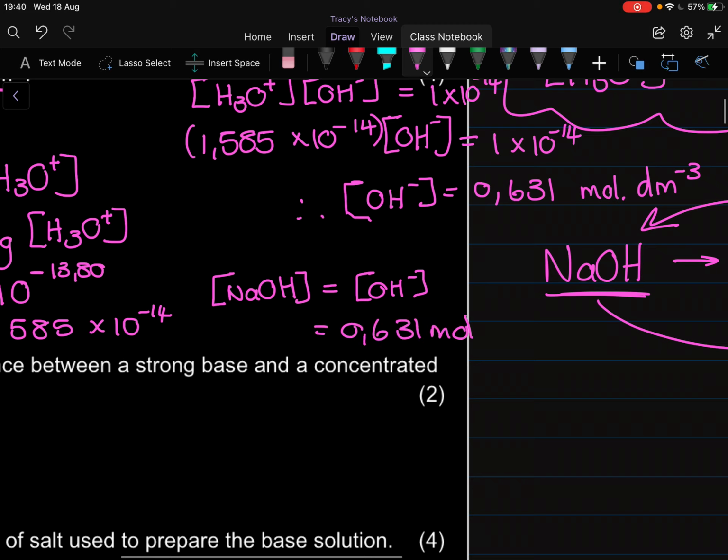0.631 moles per decimeter cubed. Alright? Now, if we need this value later on, and say perchance you didn't get this value, don't worry about it, because you can assume it's correct. If they tell you to prove a value, you must get to that value. Not maybe, not almost, you must get to that value. They're not going to tell you to prove a value that is incorrect. Okay? If you don't get to this value, assume it's correct and use it in any calculations you need to